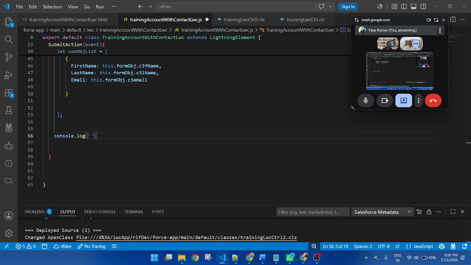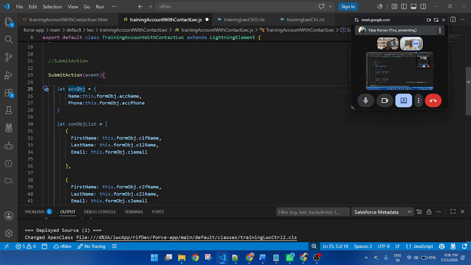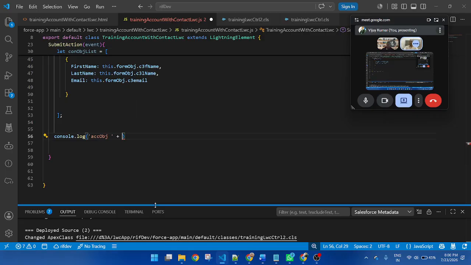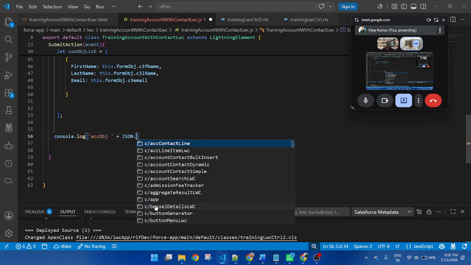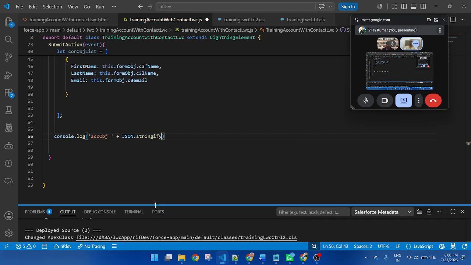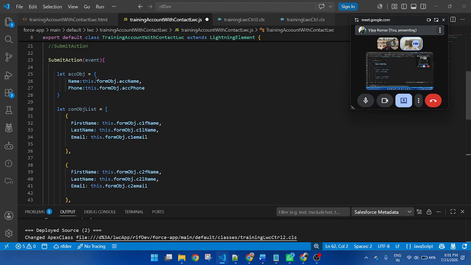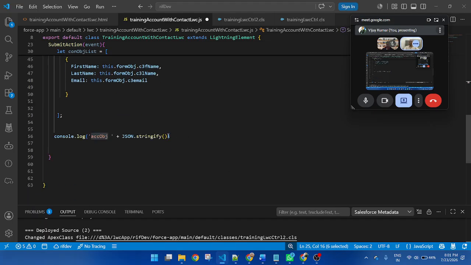So first for the account, this one, plus this is your object. If you want to check inside the data object, you need JSON.stringify. And this is the account object.